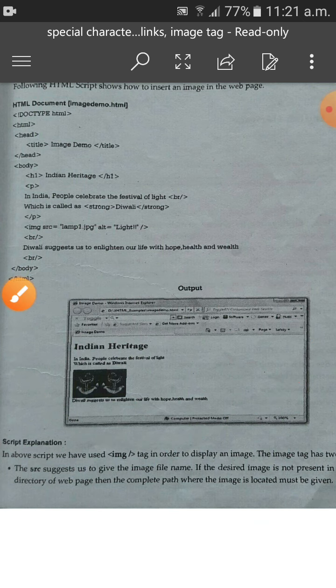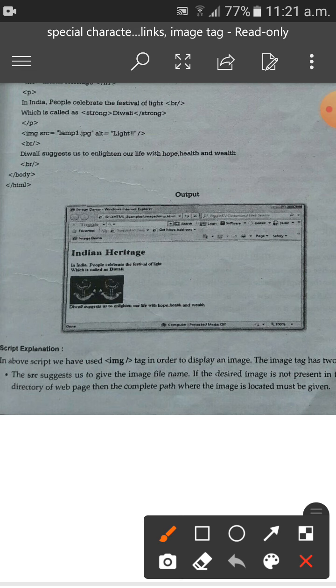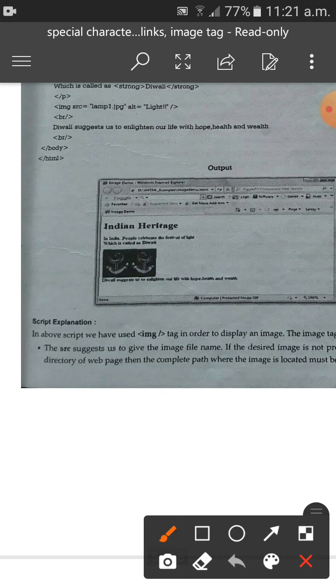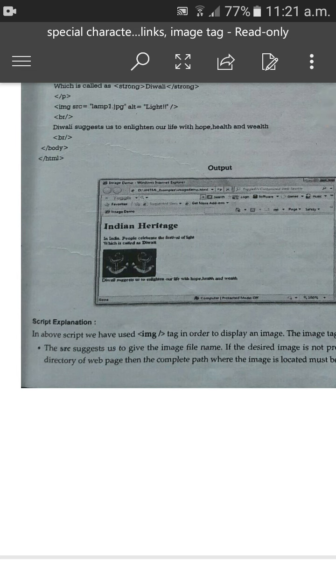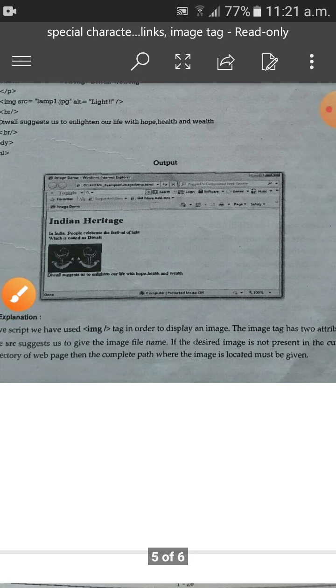So see the explanation. In the above script we have used the image tag in order to display an image. The image tag has two attributes, that is src and alt. The src attribute gives the image file name.